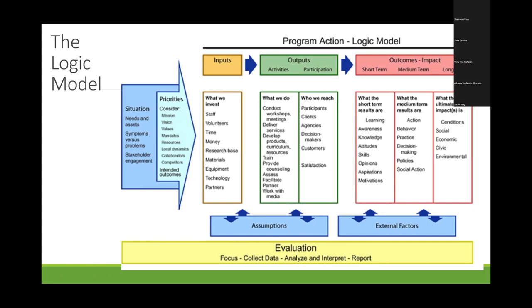Especially these ideas about working with media or social media, thinking about assessment. That's a key activity that sometimes people forget. And then the other nice cheat sheet element of this slide is when it gets to the short-term, medium-term, and long-term impacts. These are categories here. You'll have to write them out a little more specifically, and we're not going to go through the strategy that we typically use to do that here today. But I will say that this is, again, a good categorical cheat sheet.